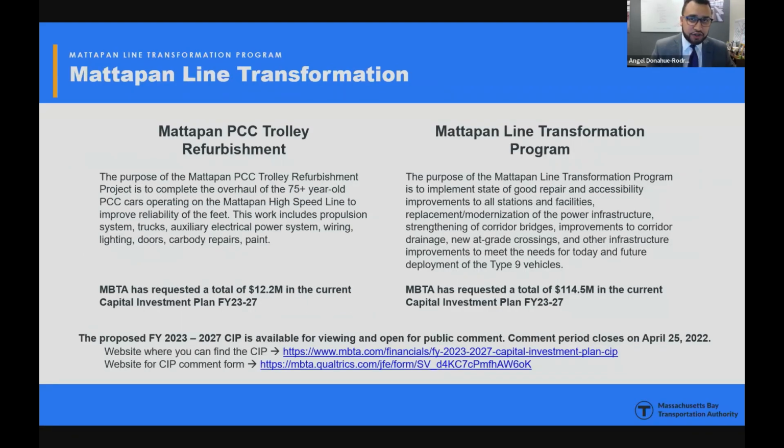So as I mentioned earlier, there are 2 parallel projects that are currently happening. We have the Mattapan PCC trolley refurbishment and the Mattapan Line Transformation program. We would like to note that recently in the capital improvement plan, we have recommended to the board $12.2 million in the capital investment plan, and that is an increase of about $4 million for the PCC trolley